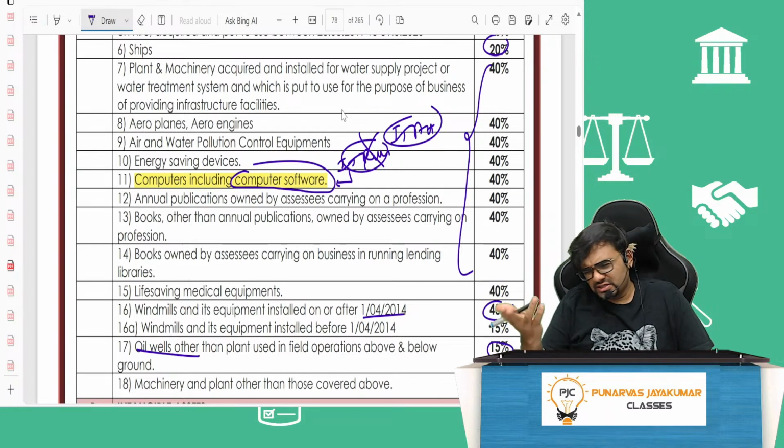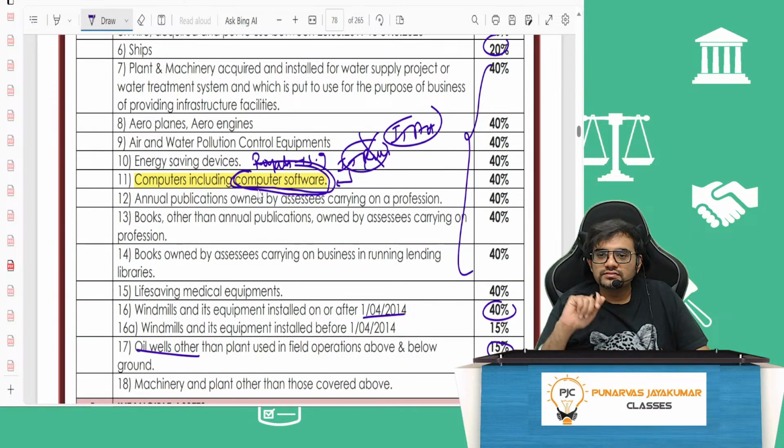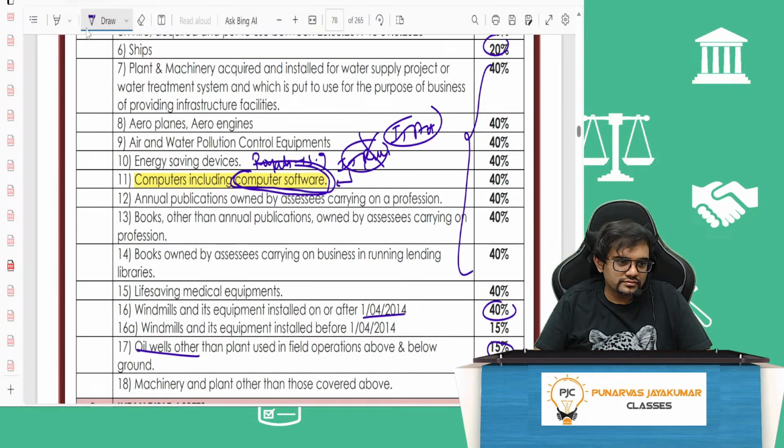But in regular batch and DT Inter, I've already discussed anyway. So, in this computer software, now for marathon not needed, but computer software is now treated as royalty under section 9. So, this computer software is no longer an asset. Computer software will be an expense. So now tell me, if a company pays 23,000 and buys Windows original software, will they debit it to the P&L account, or will they add it to the asset? Debit to P&L account.